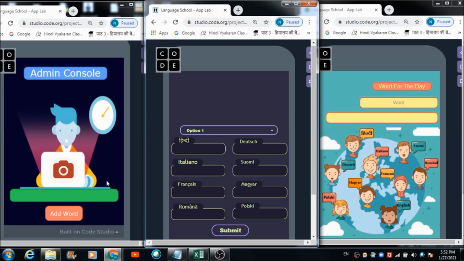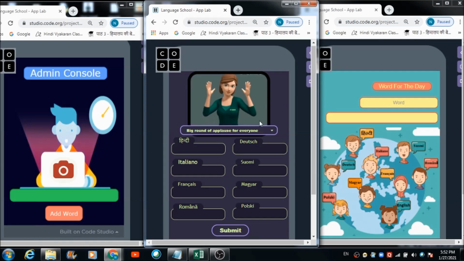For accessing that sentence, the teacher has to just hit this drop down and automatically he will get to see this whole sentence over here. Once he is done with accessing the sentence, he needs to click this screen and she'll be able to see this image also over here which the admin has uploaded using this photo select button.